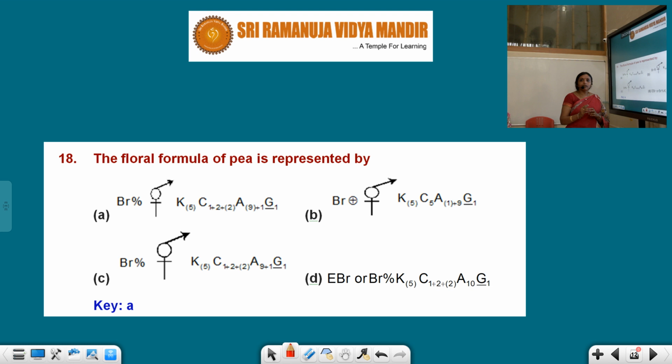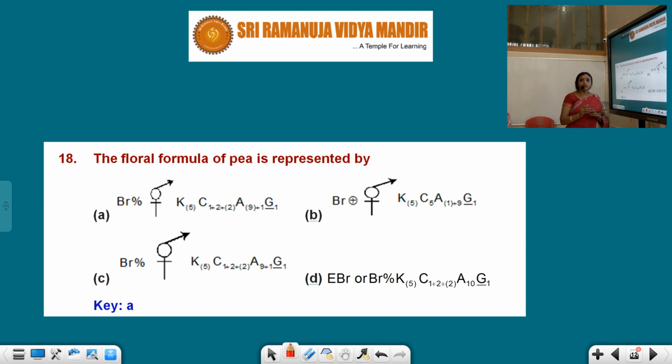female. So in the pea flower, we can see both male and female parts are present, androecium is there and gynoecium is there. So this sign is for that. And the calyx, how many sepals? Five sepals we have observed there, and they are united. So when united, we enclose that in brackets.